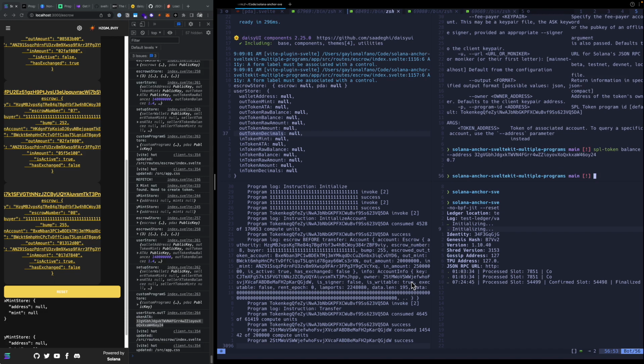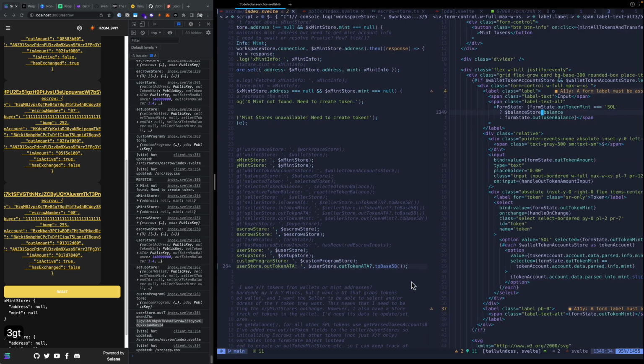Oh, phew. All right. So that's good. My program is working right, but I got worried there for a second. This is showing that this ATA holding this particular mint has a balance of 0.7, which is right. I did like a 0.5 and then another 0.2 or something like that. So it goes to 0.9 and then minus 0.2, we get 0.7. All right, so the program is actually working. It is transferring the correct amount. Problem is my UI. Not a problem. Or it is a problem, but